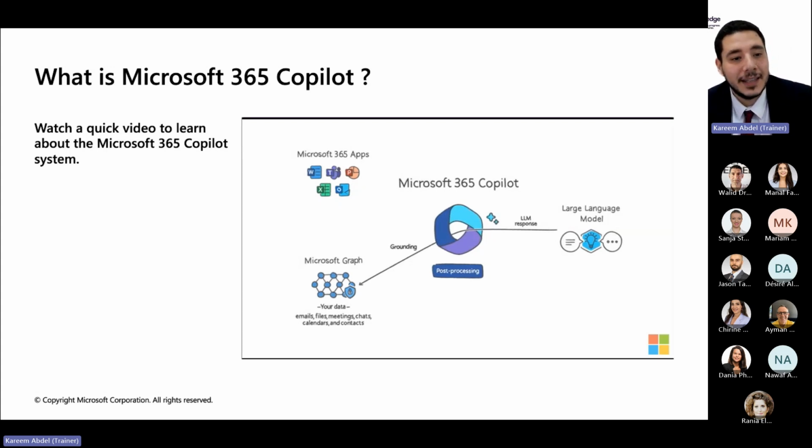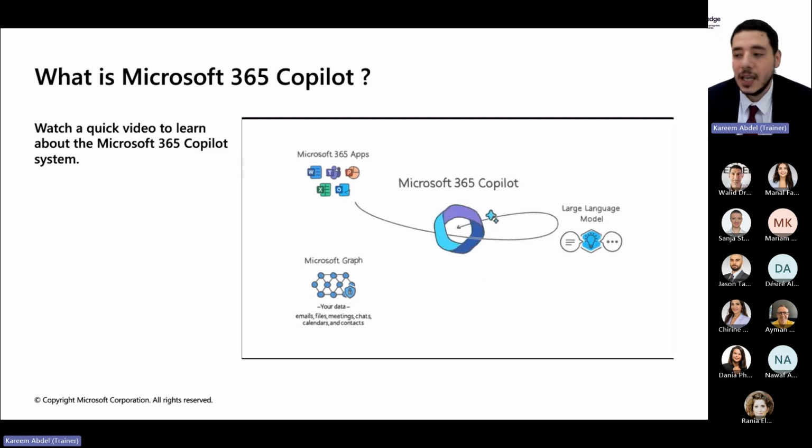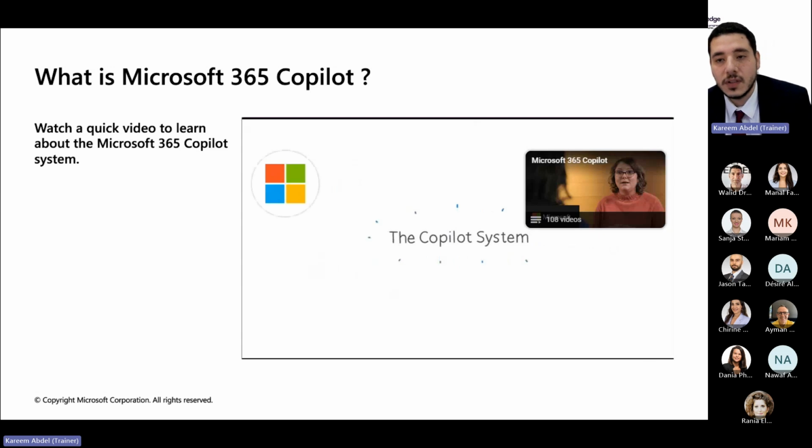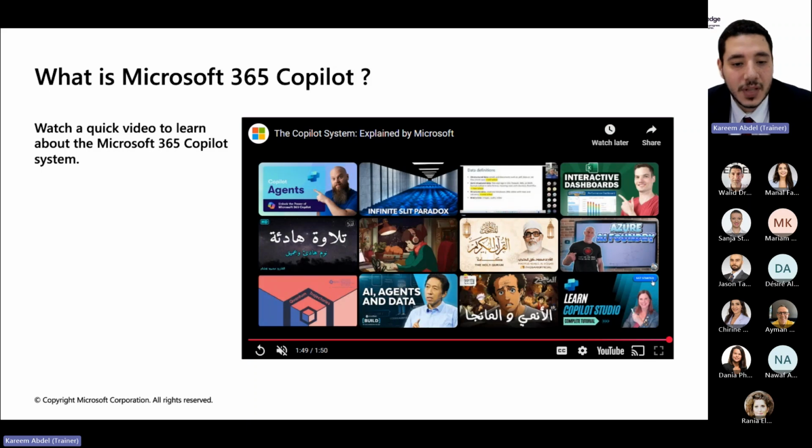Now add a large language model as powerful and as capable as Copilot on top of this intricate web of relationships, and you get Microsoft 365 Copilot. Basically, you get a personal assistant that knows your workflow, knows the people that you work with, knows the documents that you work on. And in terms of privacy and security, it's 100% private, and it follows whatever access policies